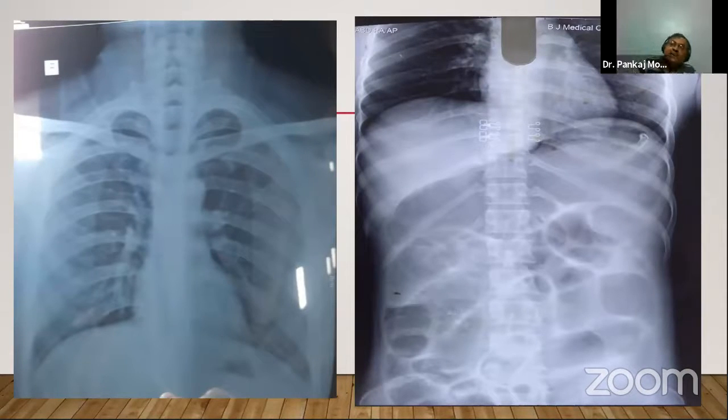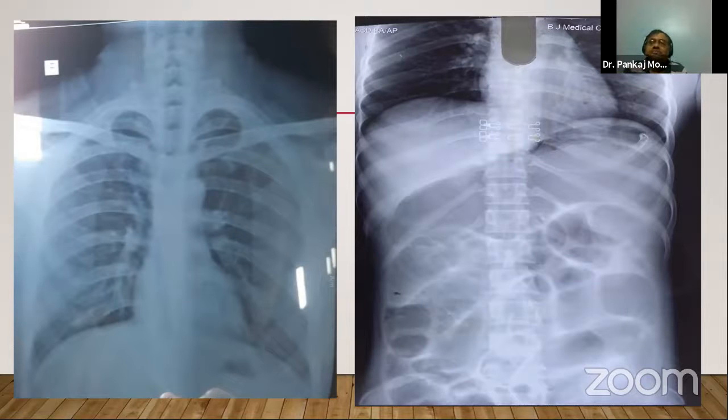The second point is I don't see the transverse colon. If there is an obstruction somewhere in the area of the ascending colon or hepatic flexure, it will mimic small bowel obstruction also. Lakshman, what do you say? Do you agree with that or not? Many a time it presents like this. I see that gas is here up to here, so probably it will mimic a small bowel obstruction, which many times is the presentation.